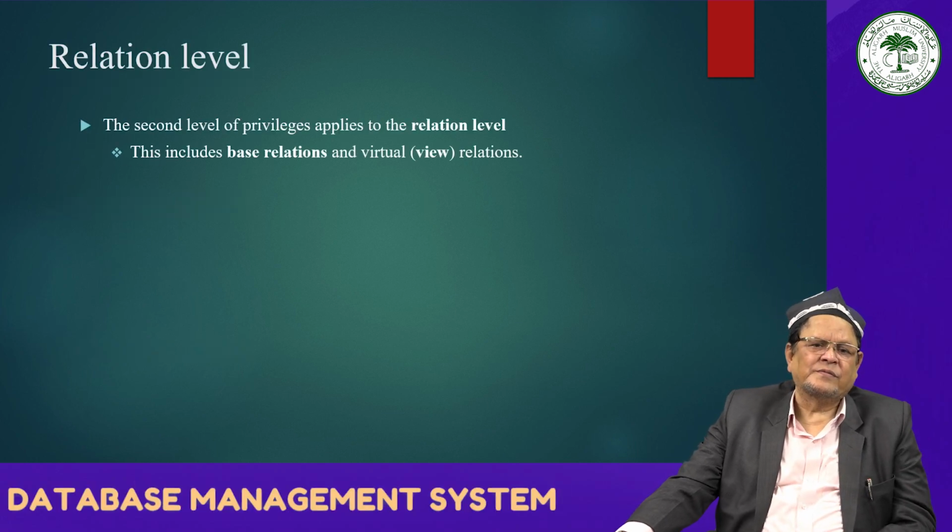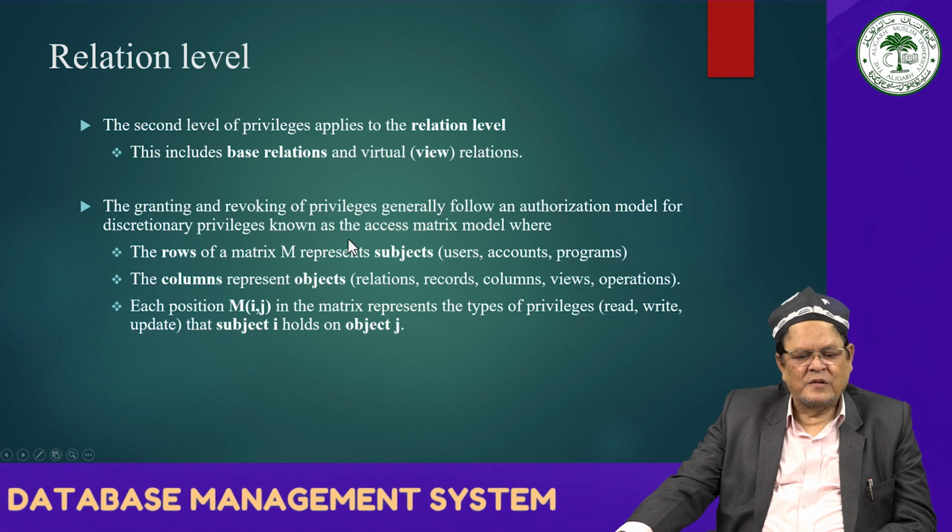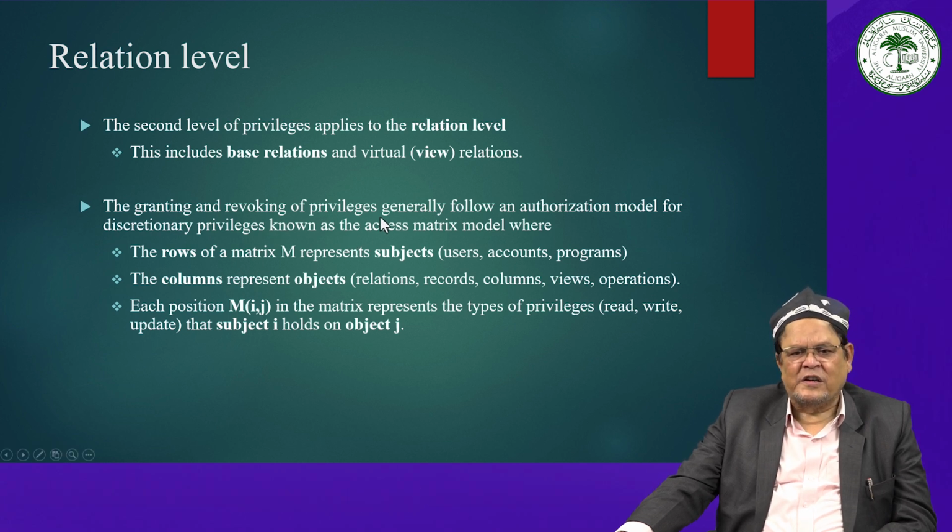Relational. Come to the relational. The second level of privilege applies to the relational level. This includes base relations and virtual relations, which means view relations. The granting and revoking of privilege generally follows an authorization model for discretionary privilege, known as the access